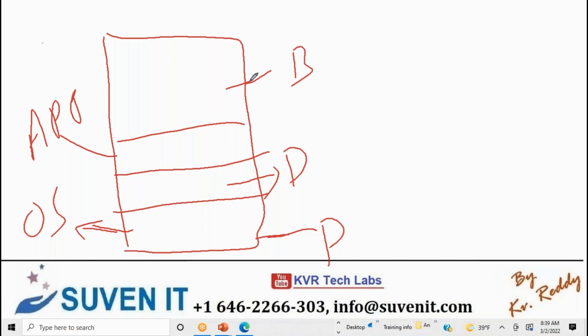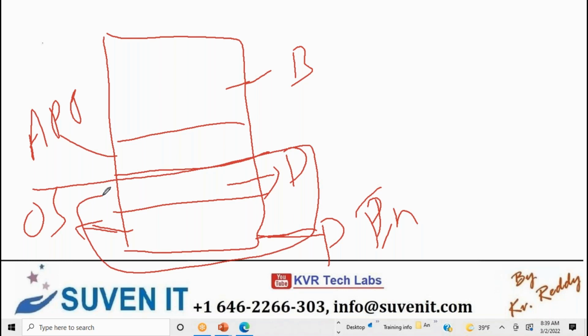If you are buying the physical server, that is the IaaS model. You buy the server and you can install your own operating system and your own application. Other than that, you don't want the database also, so up to database level you buy from the cloud and you just install your application. You can develop your application and all. That is the PaaS model.